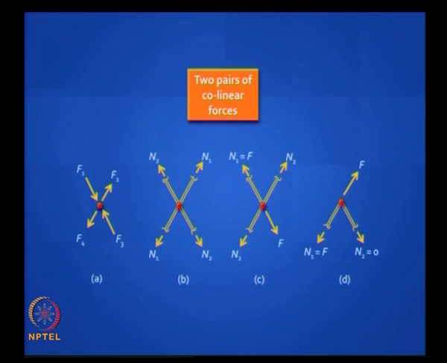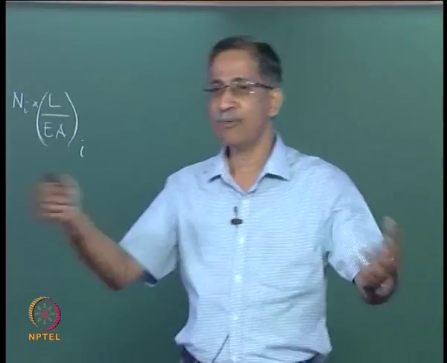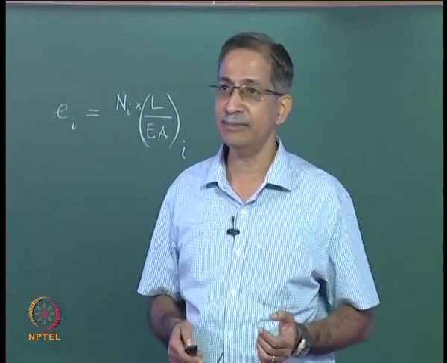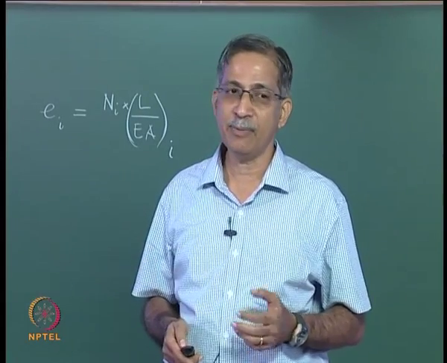Each of those lines could be a bar. So if it is a bar, then you are talking about an axial force in that bar. So you can take advantage of these pictures. If you look at picture D, you will find that if one of those bars has a 0 force, sorry, if you do not have an opposing force at that joint, then you can take that force to be 0. So you must develop the skill of identifying which are the 0 forces in a truss by inspection, and also the ability to identify whether the force that you get is tension or compression.